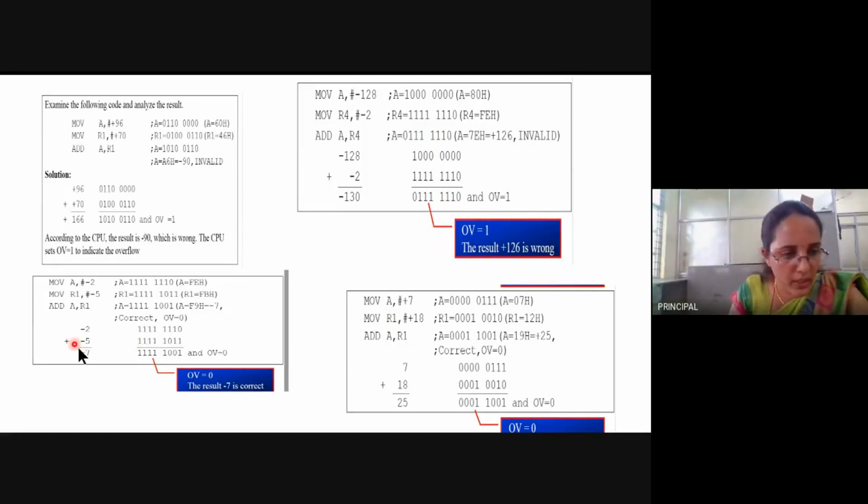Then here minus 2 minus 5 is minus 7, overflow flag is 0, which indicates it is correct and within the range of minus 128 to plus 127. Here 19 plus 7 gives a result within the range of plus 127, so the overflow flag is 0, which indicates the answer is correct.